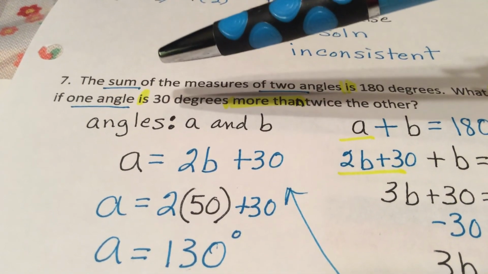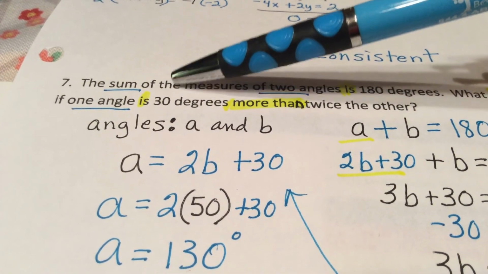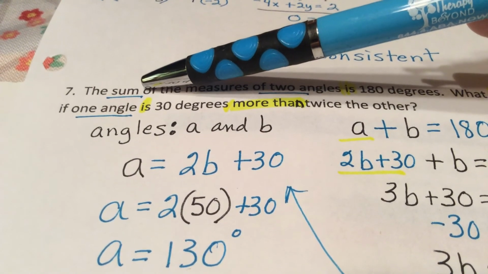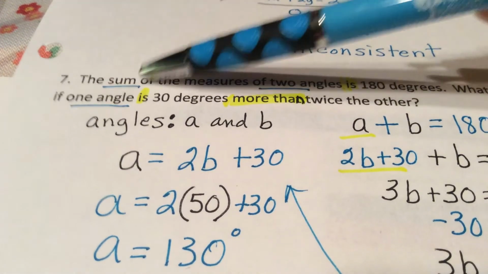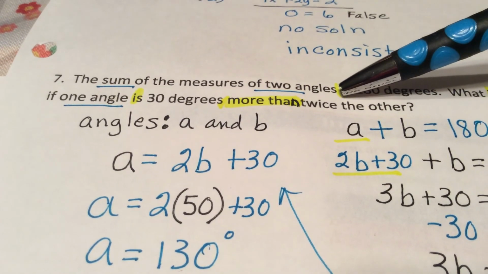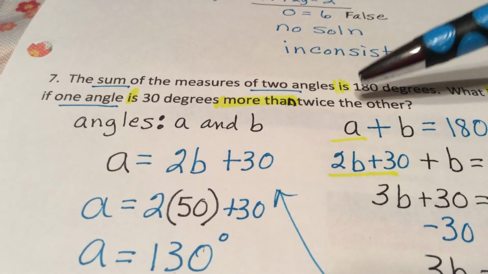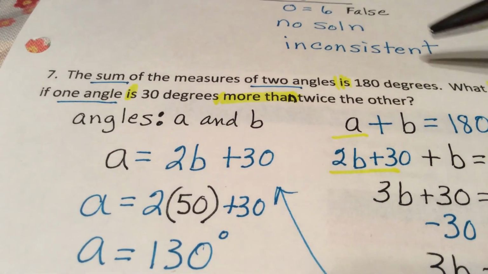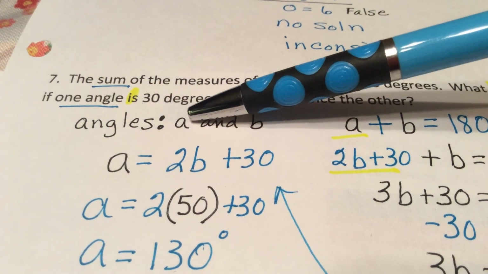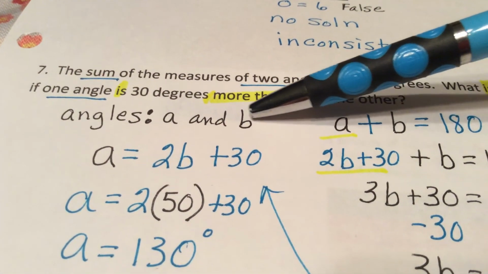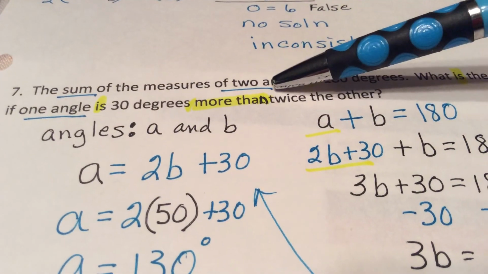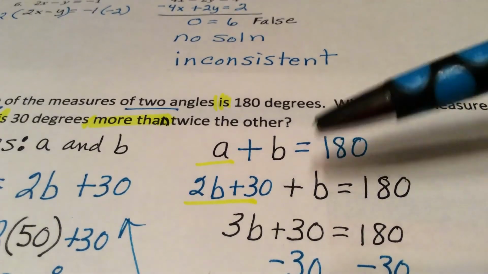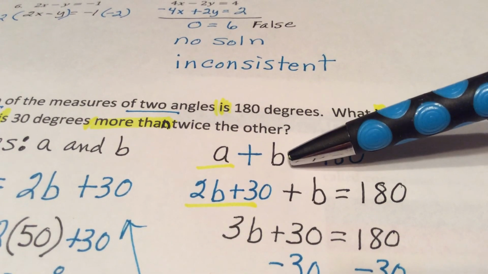Remember when we were doing our terminology and what it means? We really need to pay attention to it here. The sum. Sum means we're going to add. The sum of two angles means we're going to add two angles. The word is always means equals. So I let my angles be A and B. Now what does this tell me? I'm going to add my two angles and I'm going to get 180 degrees. So the equation I get for this is my first angle plus my second angle equals